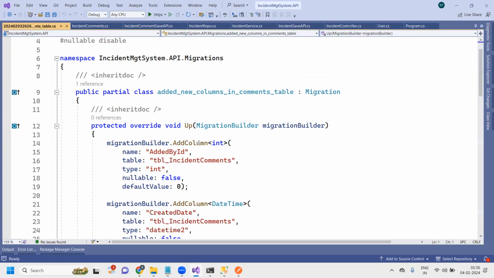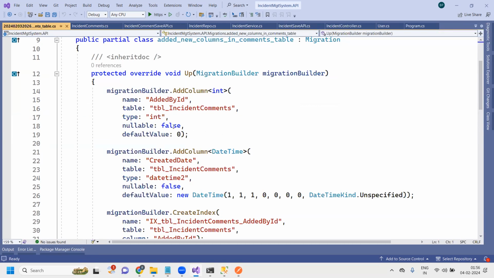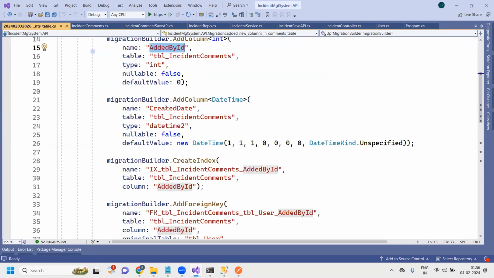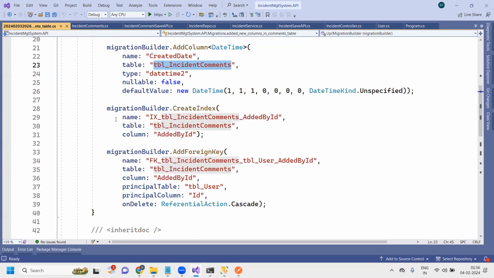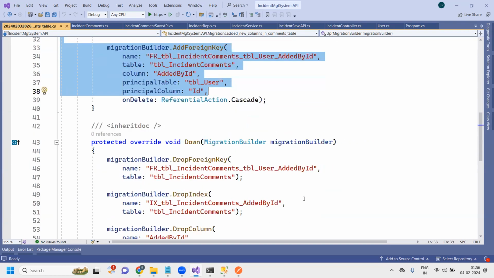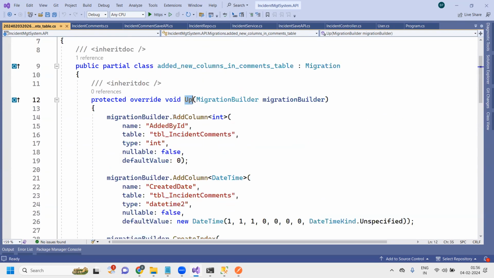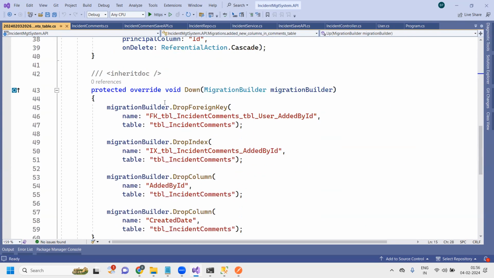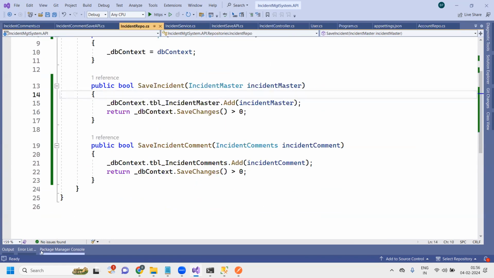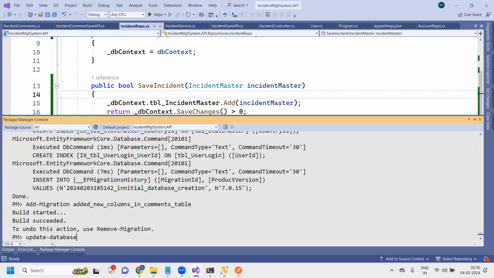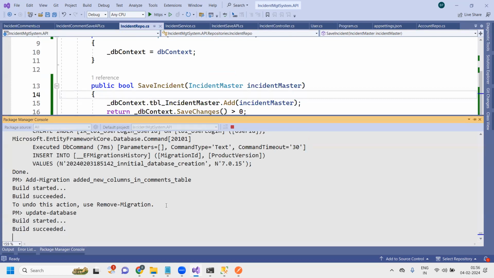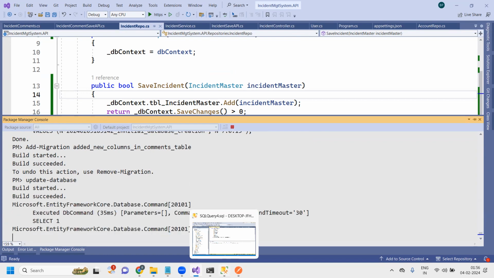Here you can see what we have added newly. We have added this column into this table, the added by column. We have added the created date into this table, and we added the indexes to both of them. If you apply this migration, it will add them. If you de-apply this migration, it will remove them. Now let's use the update database command. It will add those two newly created columns into that comments table